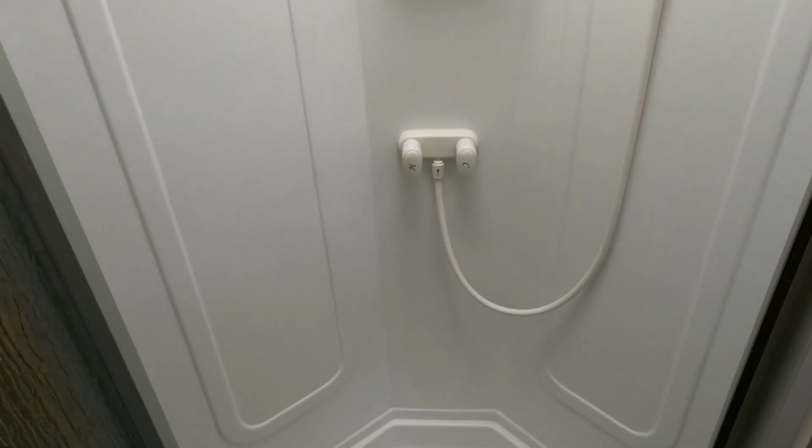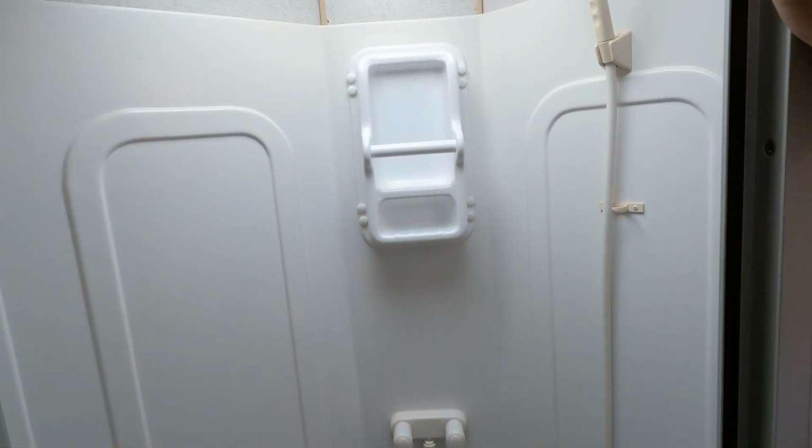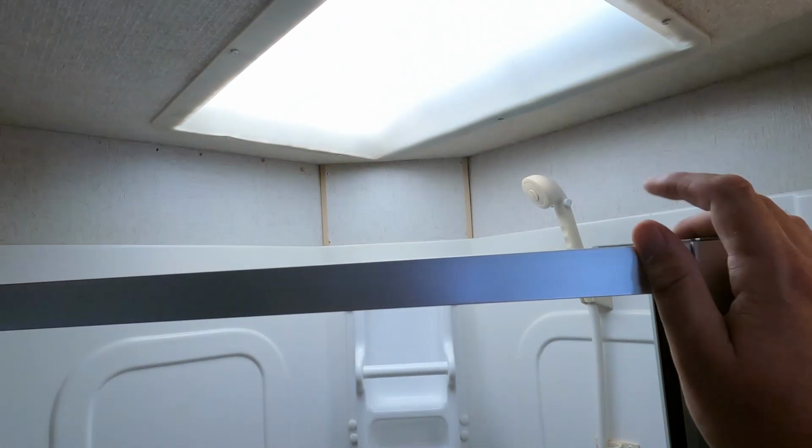And you can see, guys, the shower looks great, not discolored, so it hasn't spent a lot of time outside. A little trick to see if an RV spent a lot of time outside, if it's got a skylight, simply look in the shower. See what happens. If something's spent a lot of time outside, you're going to see, besides the fading